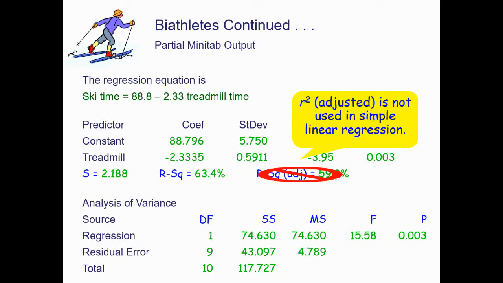What that's used for, just so you kind of know about it, is that it penalizes you every time you add a new degree to the equation. So let's say you look at the data and you're like, I think this is more quadratic than